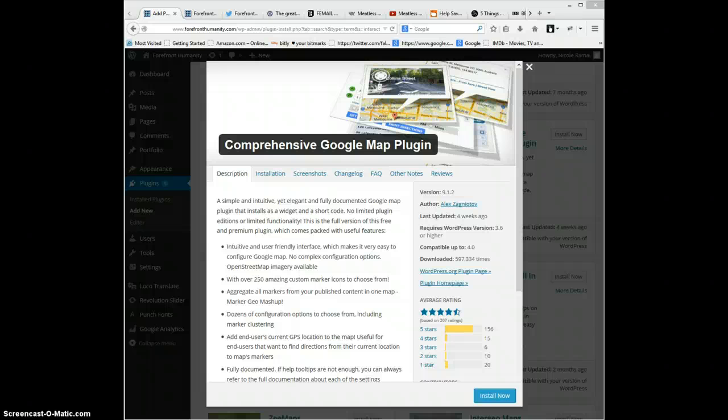The certain things I do want to get across really quickly is, for instance, this comprehensive Google Map plugin. I do want to put that on the page where I will have the API and data visualization for the pet adoptions.